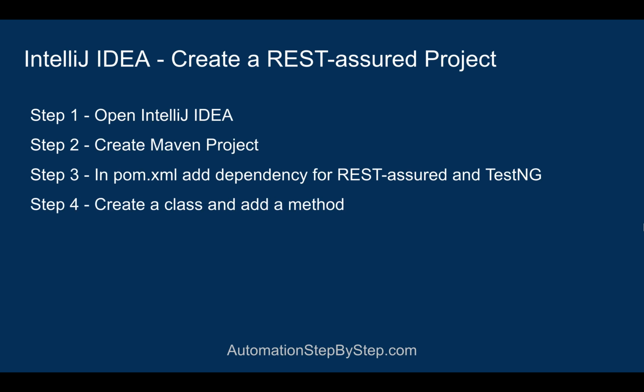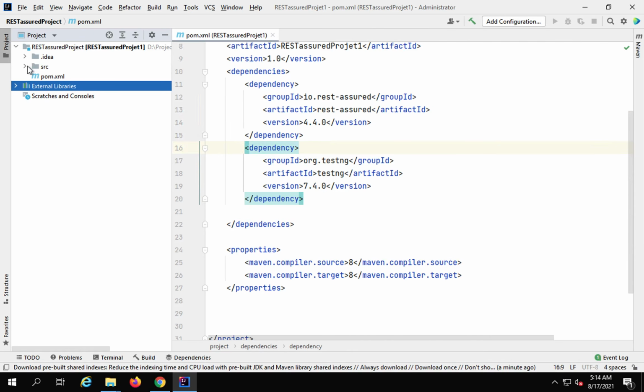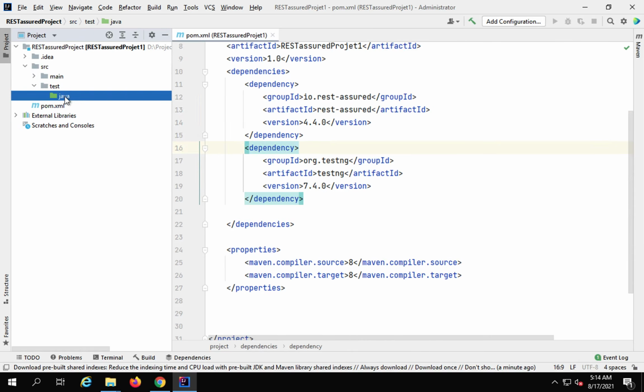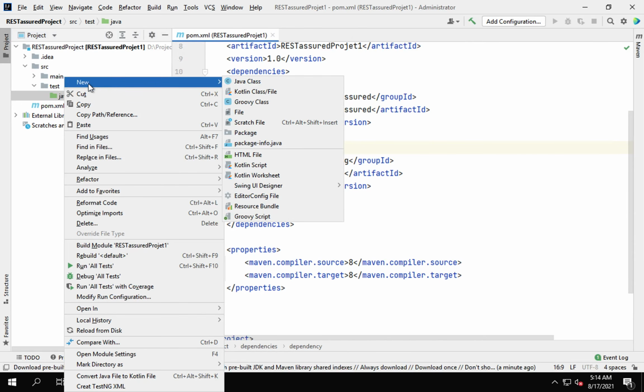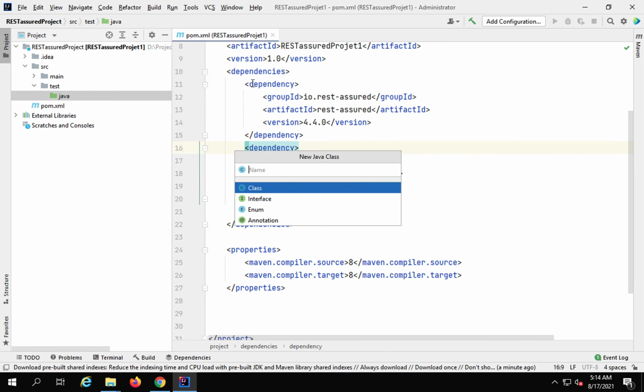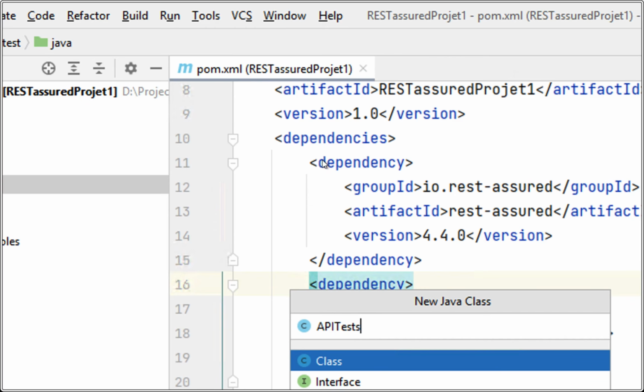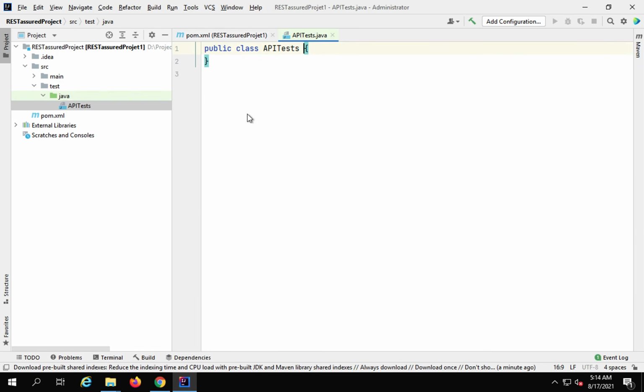Now step number 4 is I will create a class and add some methods. So let me go to my src folder, and I have a test folder here, a Java folder here. I can create first a folder and then put my files, or I can directly create a Java class, and I will call this as API tests. You can name it anything. I'm calling it API tests, and that's it. So it has created a Java class,